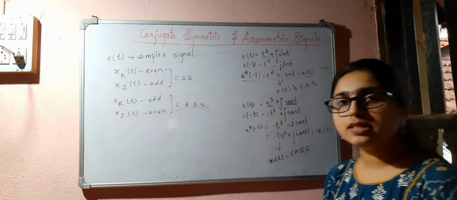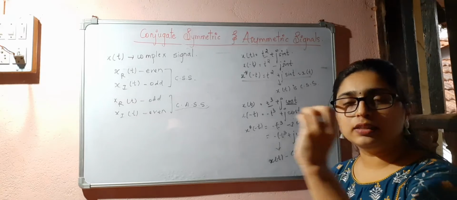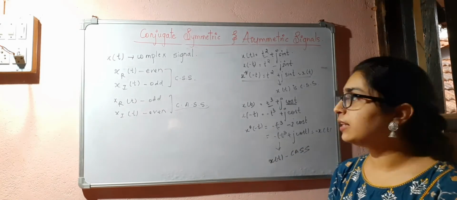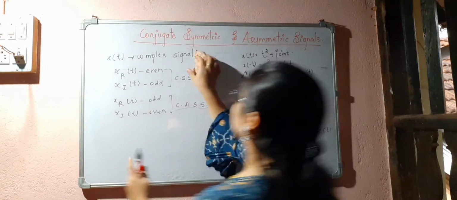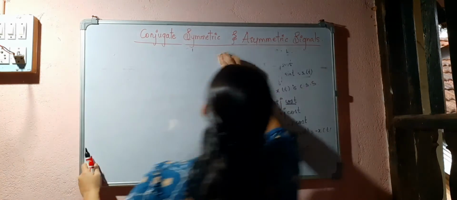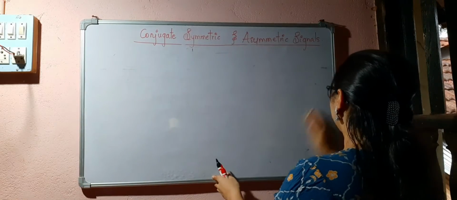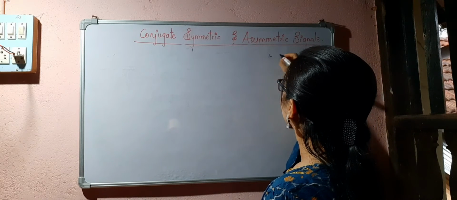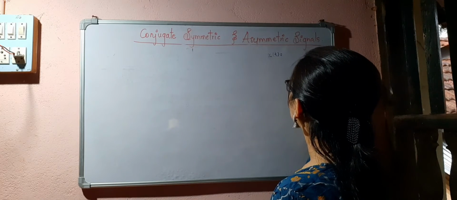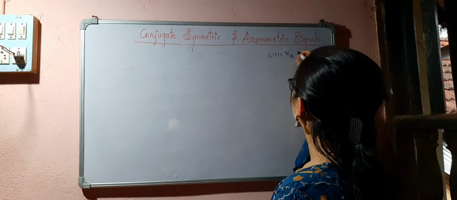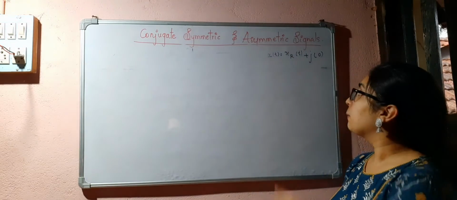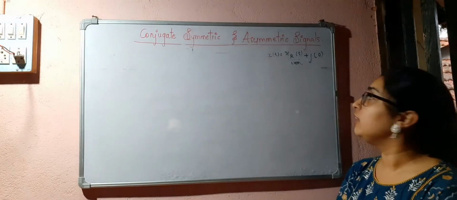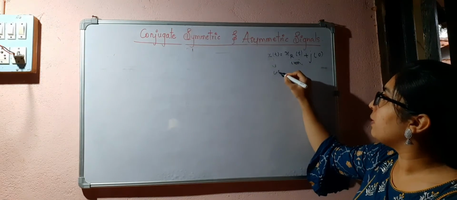So just by seeing the signals, we can conclude whether that signal is a conjugate symmetric signal or a conjugate asymmetric signal. Okay. Now suppose the odd part is 0. Okay, the odd part is 0, that is, the imaginary part of x of t is 0 now. I have only this part, only the real part. And if this is an even signal, then x of t will be a conjugate symmetric signal.